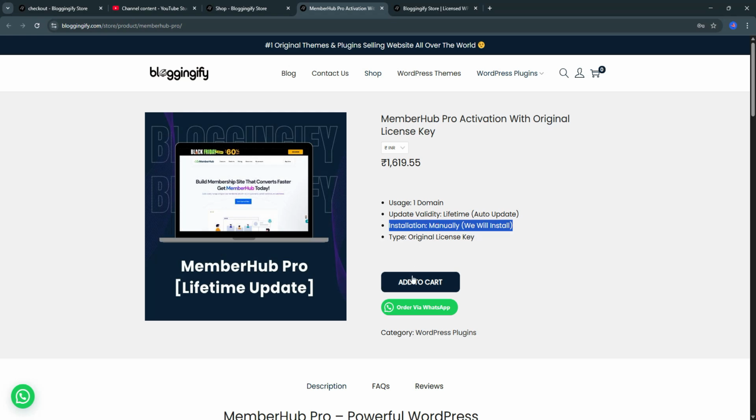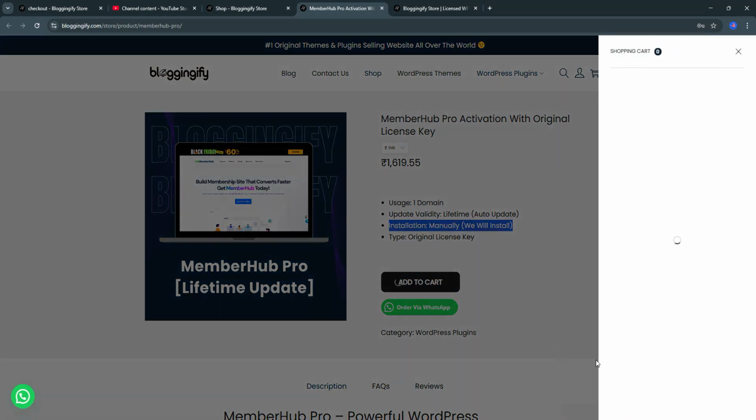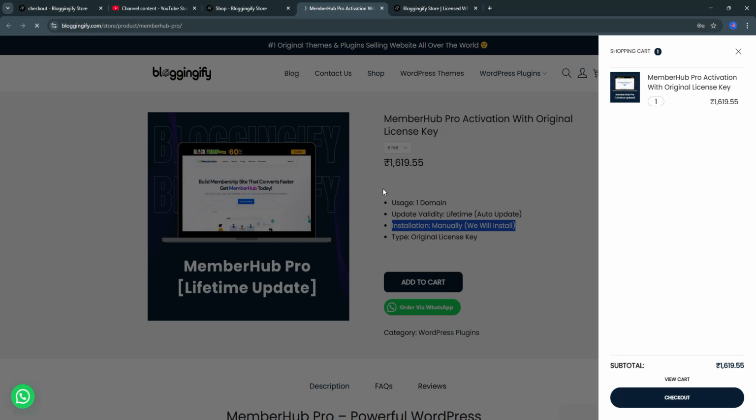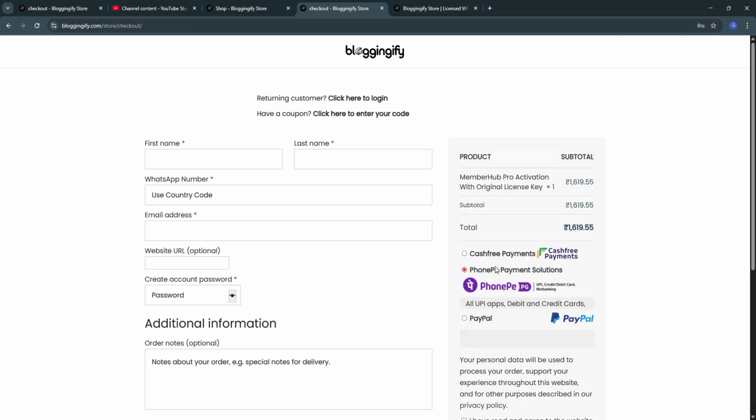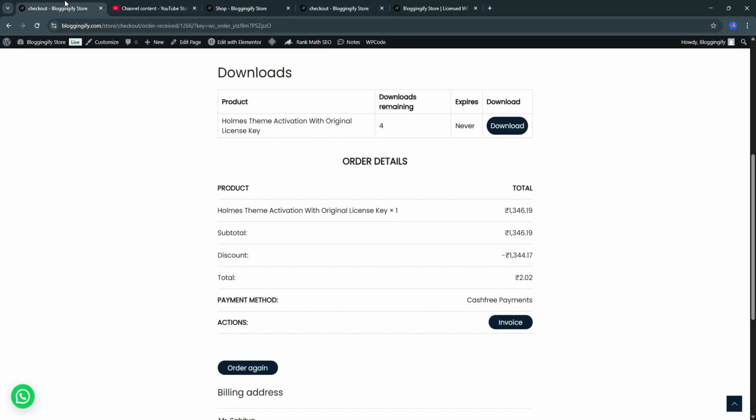Okay, so if you want to purchase this one, just click on the add to cart button. Now click on the checkout button. Now here you have to fill in your billing information, that is your first name, your last name, and other things, and select your payment method and confirm your payment. Okay, now after that you will be redirected